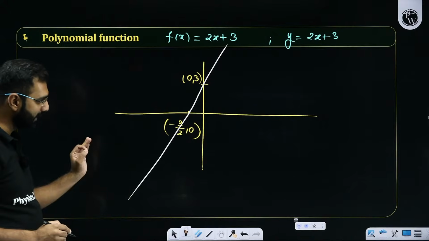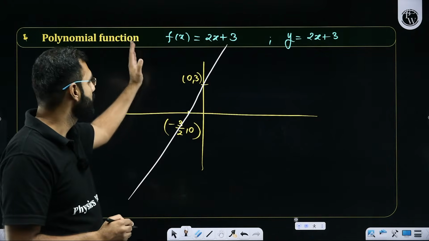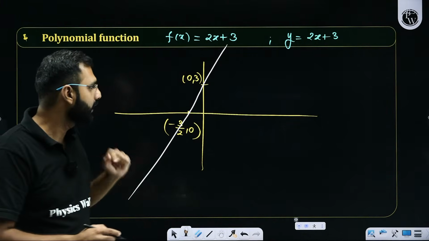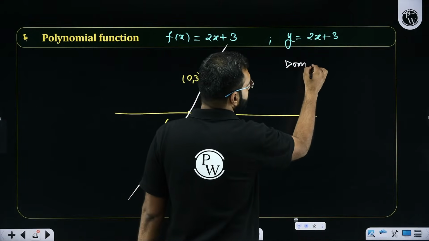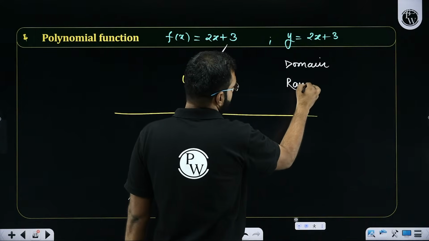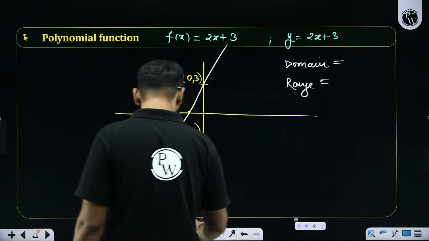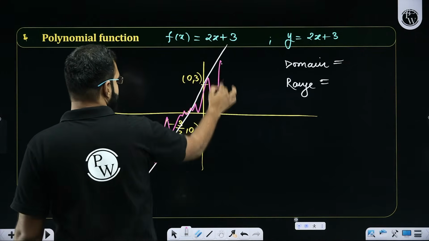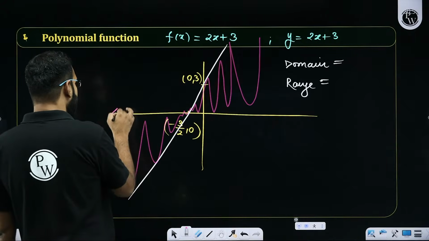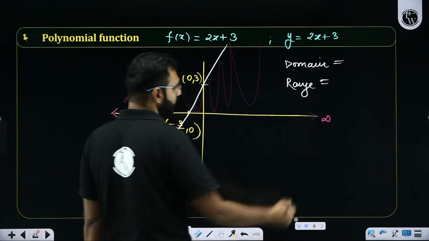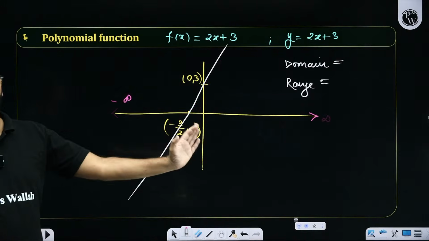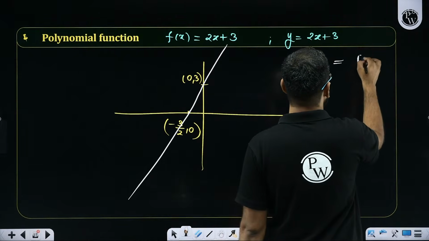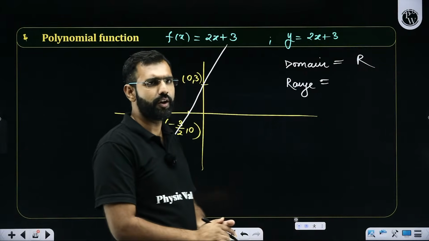So here I'm trying to tell you that this is a linear expression, which is technically a linear polynomial, and a linear polynomial always gives you a straight line. Again, can you help me with two things? What will be the domain here, and what will be the range? How do you process the idea of domain and range? To check the domain, I'll track the function along the x-axis. I can track it from minus infinity to infinity without any interruption. It exists everywhere on the x-axis, so its domain will be all the real numbers, that is, the open interval from minus infinity to infinity.